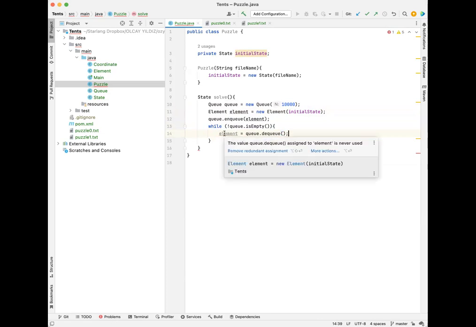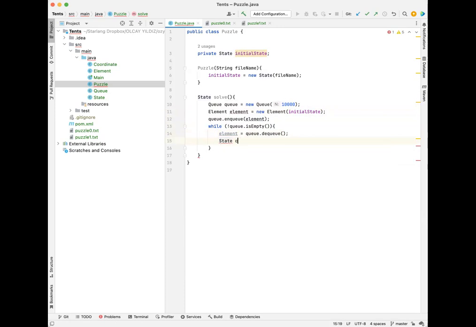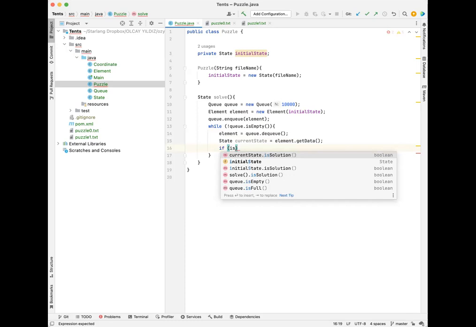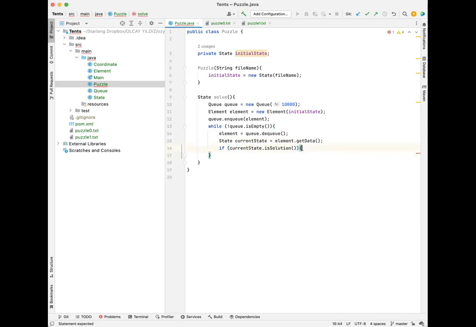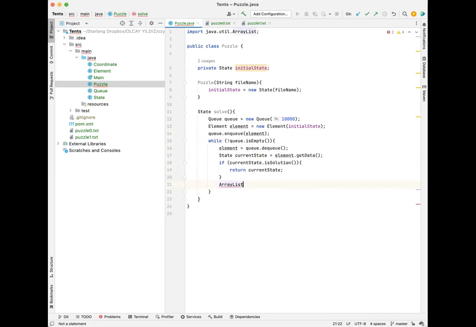Actually, we can have the current state. So element get data. And then if the current state is a solution, we just return the current state. If it is not, then in that case, we get an array list of state as